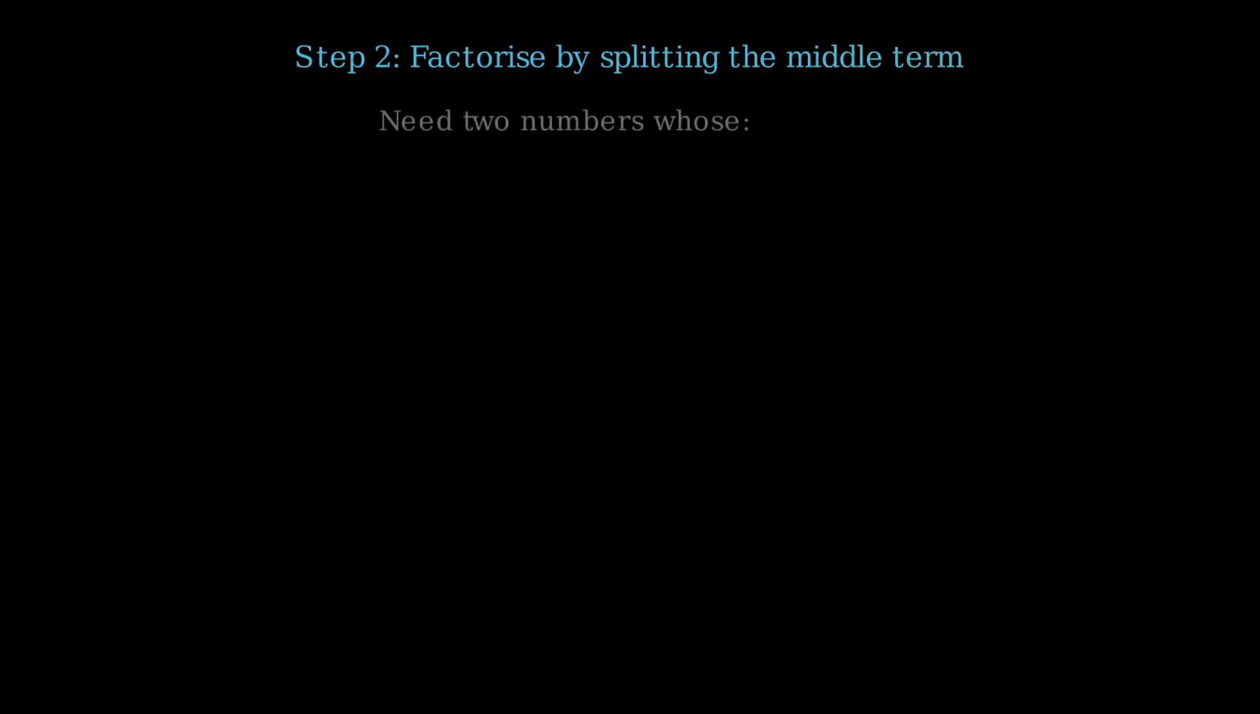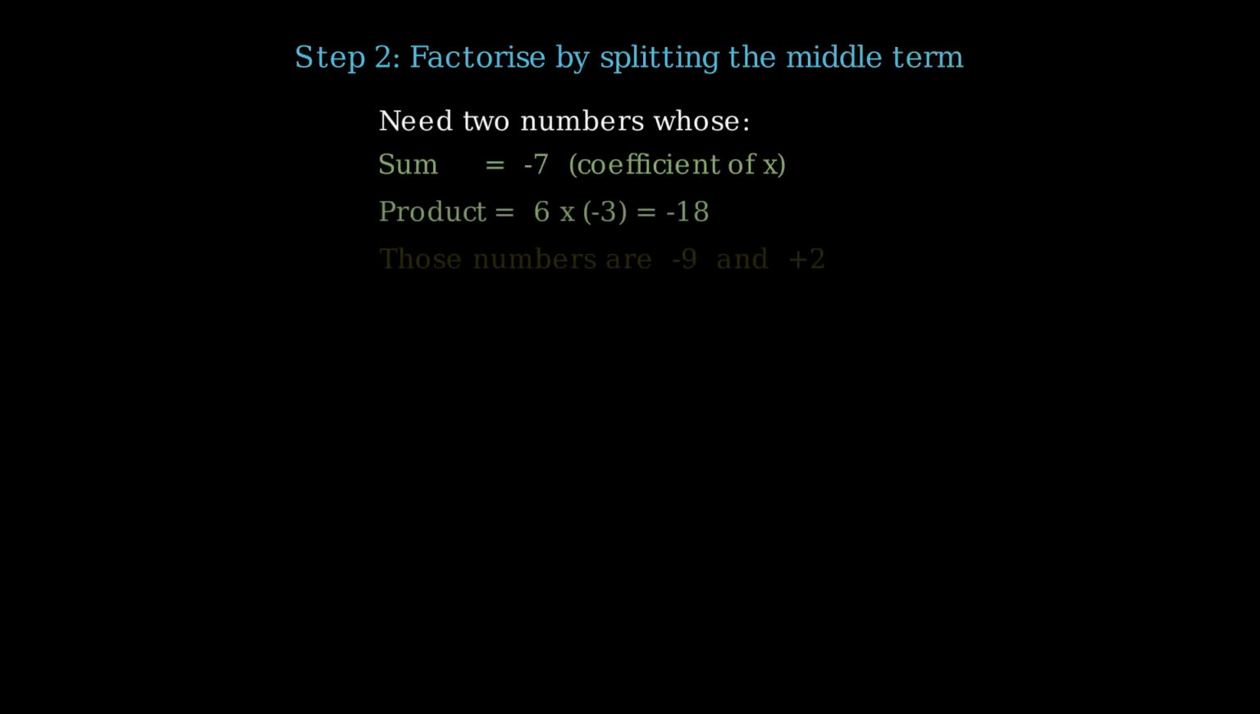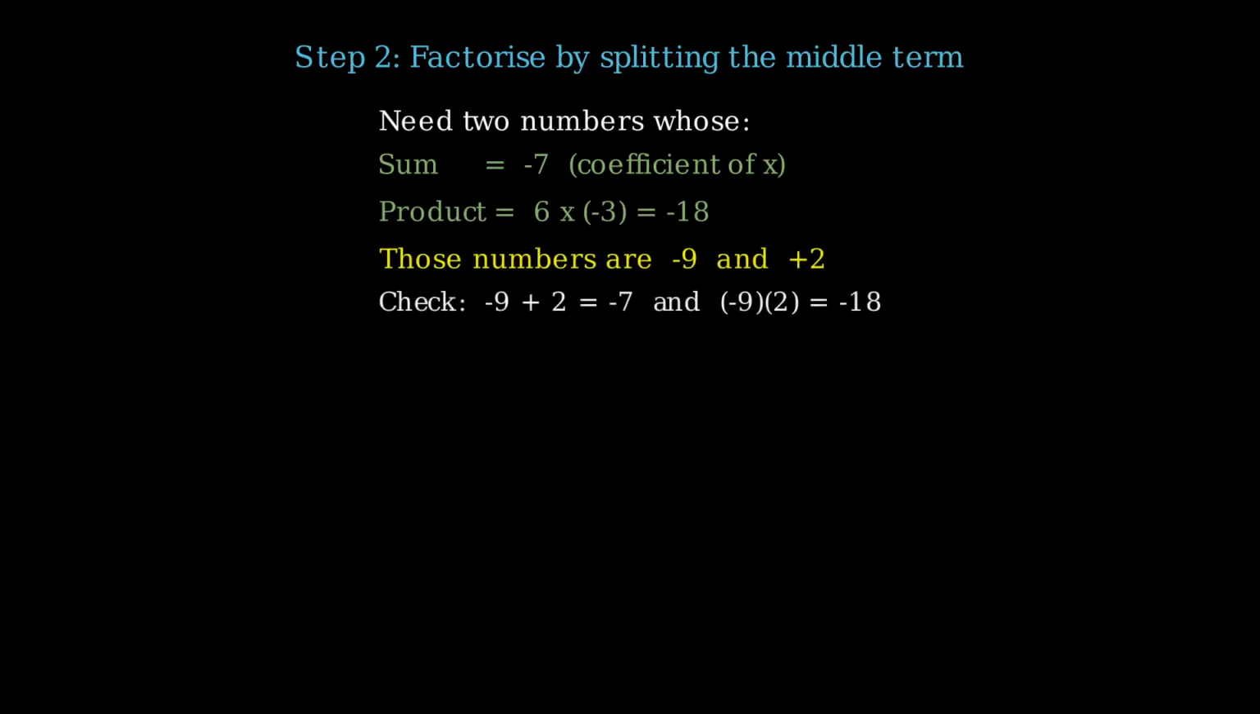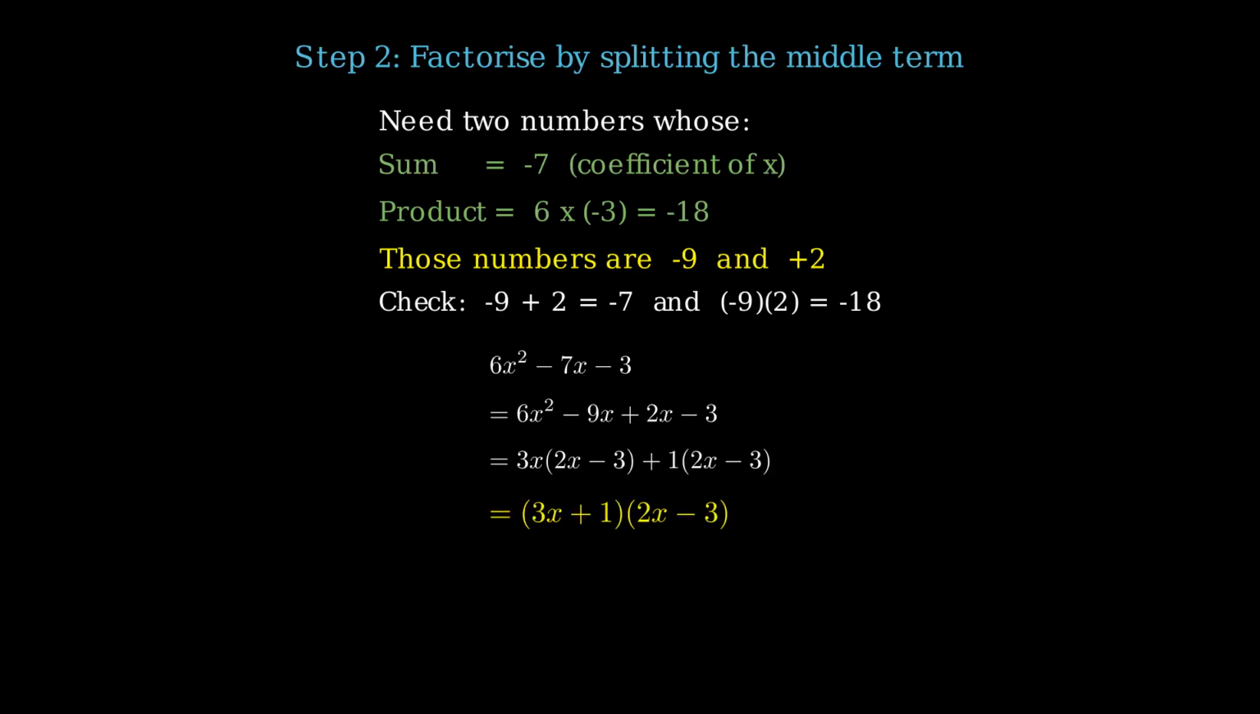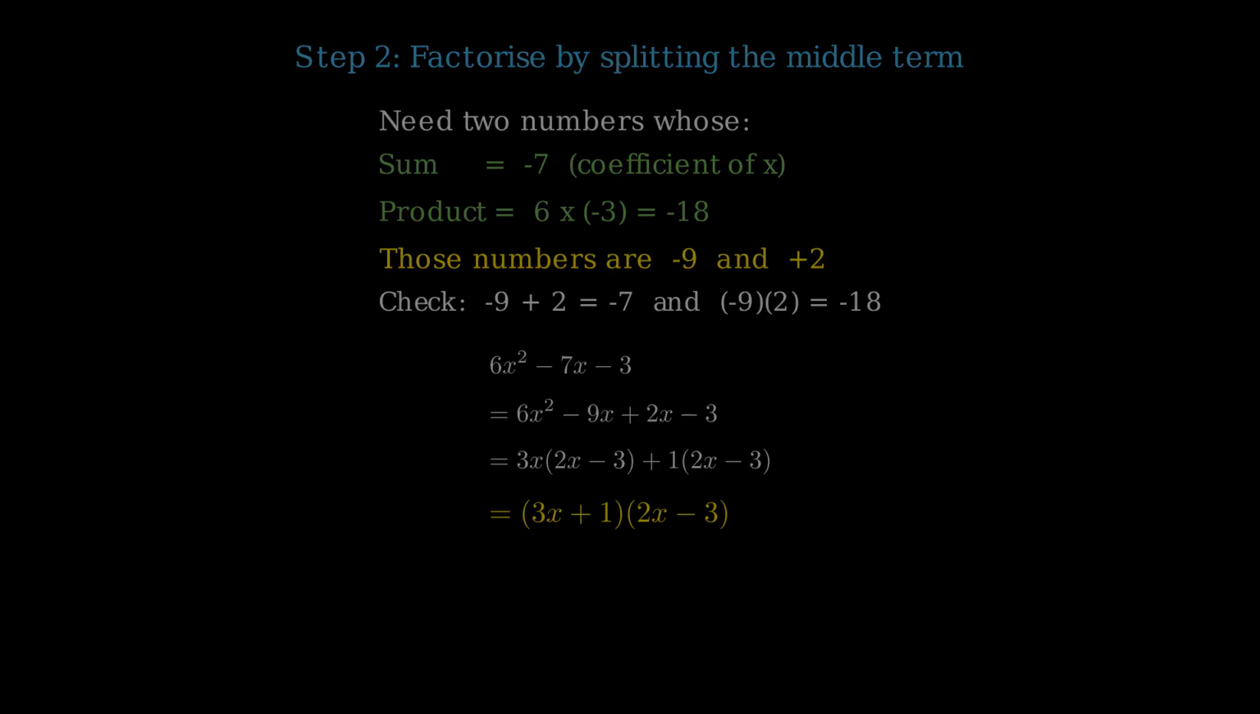We need two numbers whose sum equals negative 7 and whose product equals a times c, which is 6 times negative 3, equals negative 18. Testing the pair negative 9 and positive 2, negative 9 plus 2 equals negative 7 and negative 9 times 2 equals negative 18. Both conditions are satisfied. Splitting the middle term, 6x squared minus 7x minus 3 equals 6x squared minus 9x plus